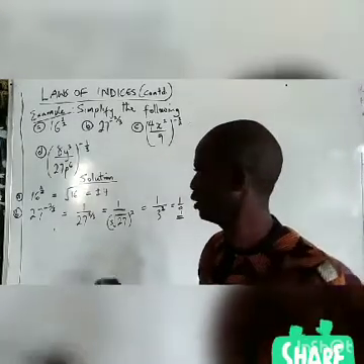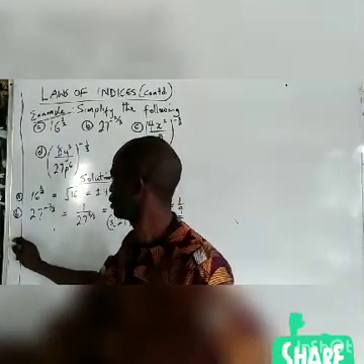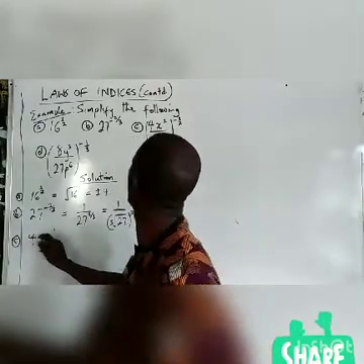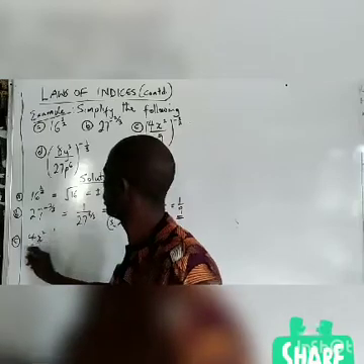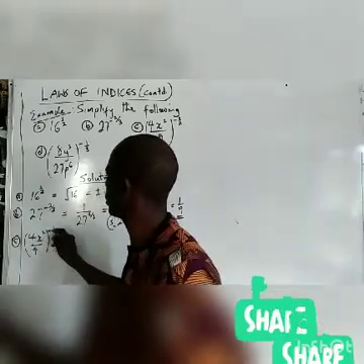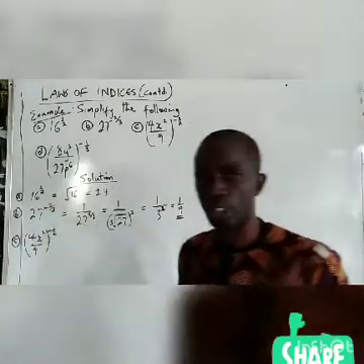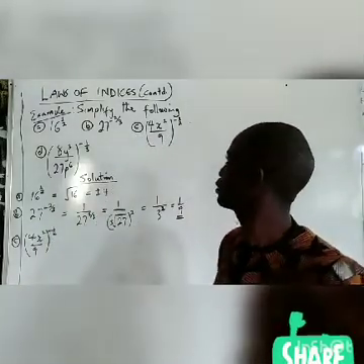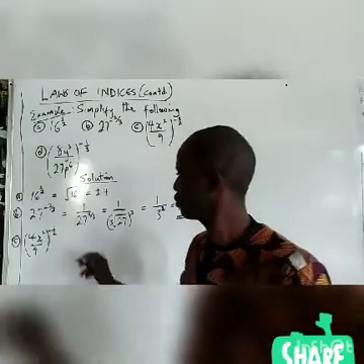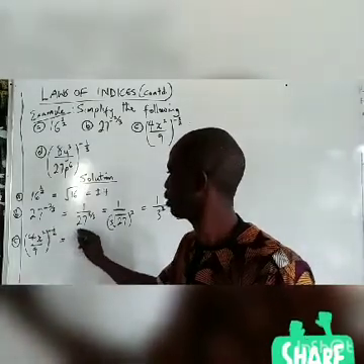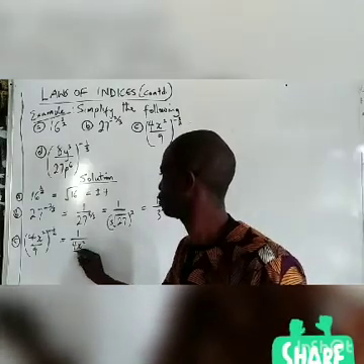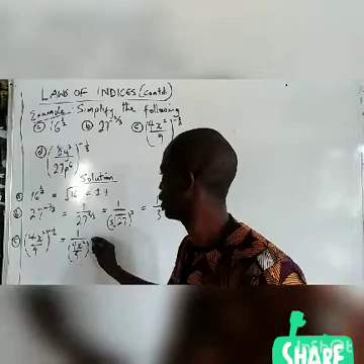Now let's look at the number C. The C part says that we should simplify (4s squared all over 9) raised to power minus 1 all over 2. Now, if we want to simplify this, because it's having a negative power, the first thing is to remove the negative by having 1 all over (4s squared all over 9), everything raised to power 1 all